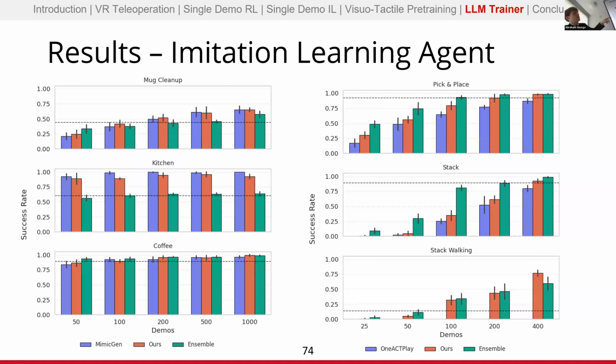Then finally, we examined the ensemble success rate and compared that to our success rate. So how well does ensembling help? And here you can see that black dashed line is the performance of just running the imitation learning agent feed forward. So for the block stacking tasks, we see a constant improvement from using that feed forward policy. However, for some of the MimicGen tasks, we don't see as much of a performance gain, specifically the kitchen task. We see our performance is roughly capped at what the LLM agent could do by itself.